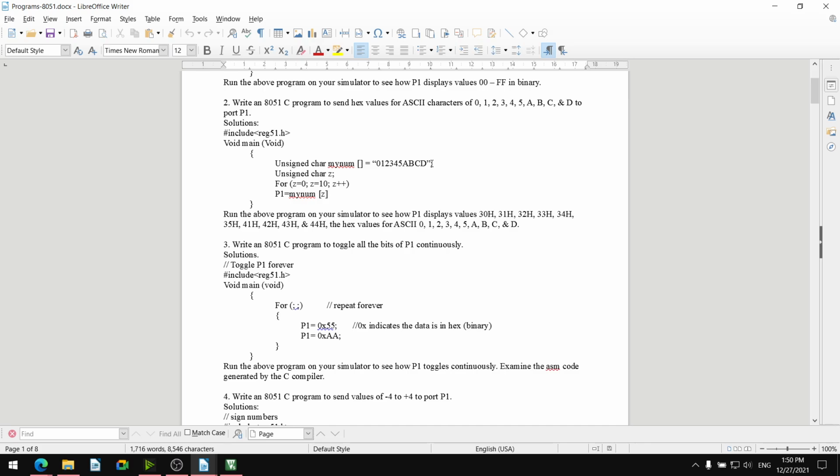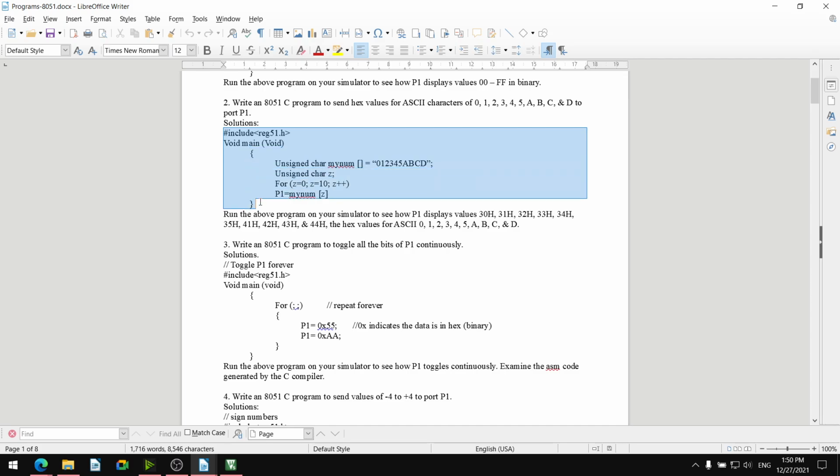Okay, and there is a for loop, for z equal to 0 to 10 elements, and index z is there, index for array MYNUM, and z will be 0, it will indicate first number, z will be 1, it will indicate second number, and so on.